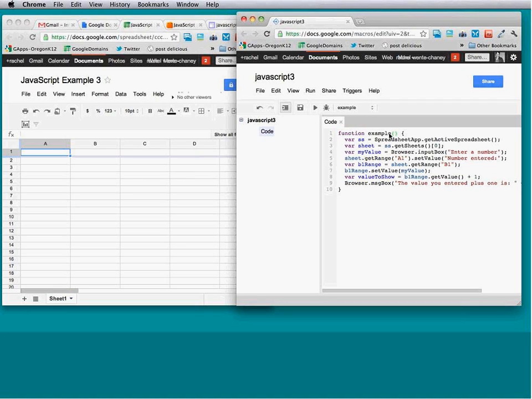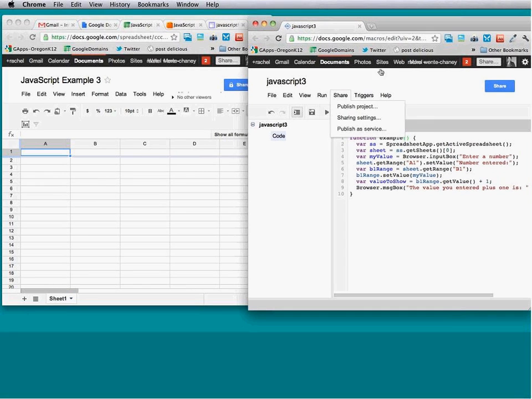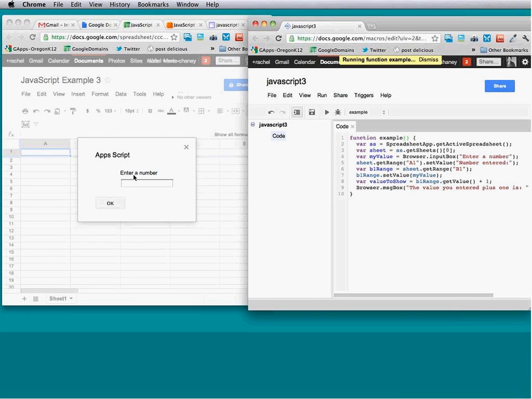Just so you see how this is working, let's make this example 2. And you change the function and save. We're changing the option for what can be run. So example, again, here active spreadsheet. So the first thing it's done is it's gotten our active spreadsheet and its sheet, and it says